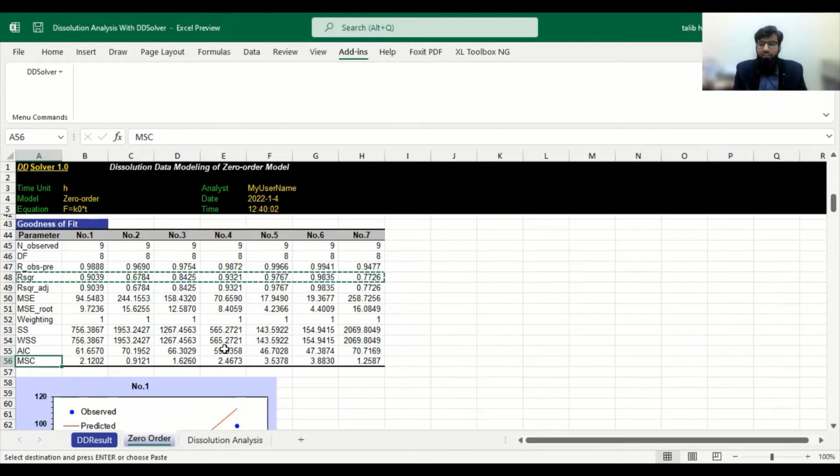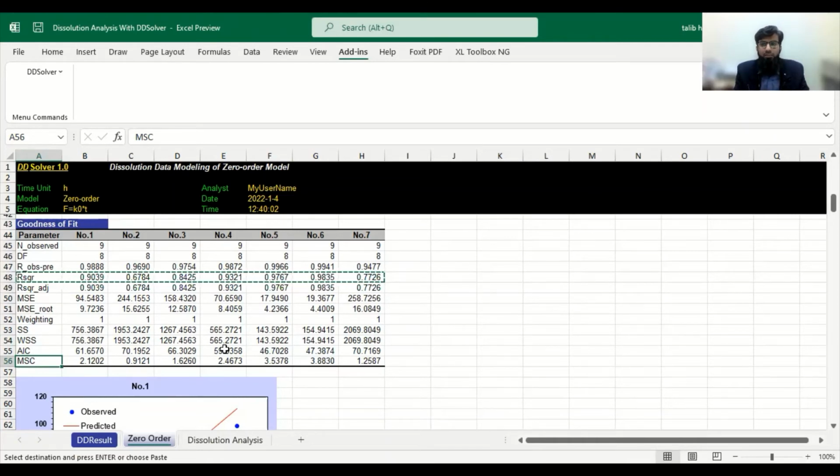A model can be selected on the basis of R square value, AIC value and MSC values. Any two parameters that are the best fit to the model can be used to select this model.